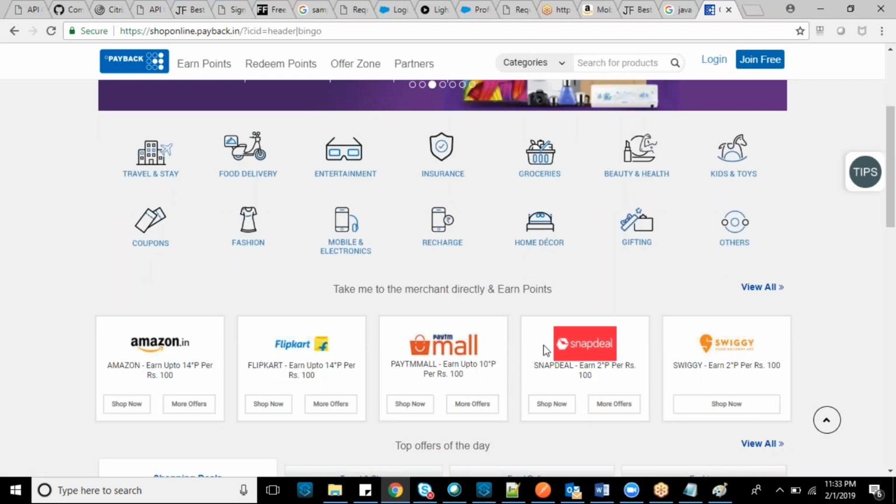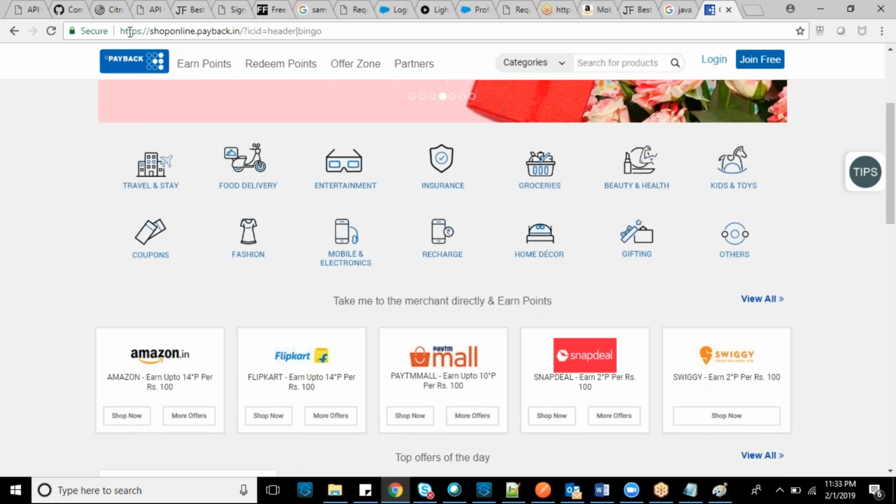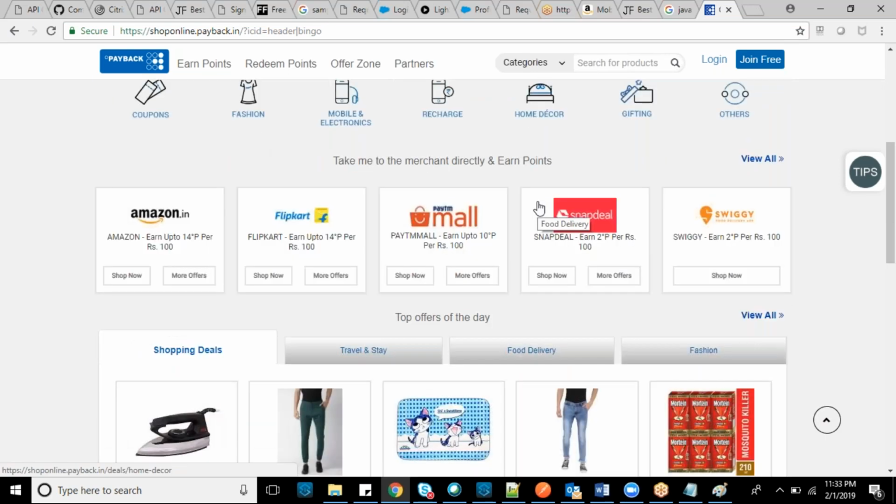it is already configured with all these e-commerce websites into a single page and a single endpoint. That is online shopping, payback.in. Got it? Yeah, got it. So whenever you click any product, for example, it will give you